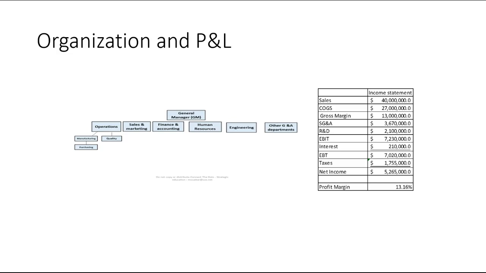But overall, there are going to be key organizational boxes that are run by the head of those departments. And collectively, the whole organization in totality obviously is responsible for running the company, and hence responsible for managing the profitability, or the income statement. So on the right, what you see is an income statement. And as you may recall from your managerial accounting, MBA 633, it starts out with sales